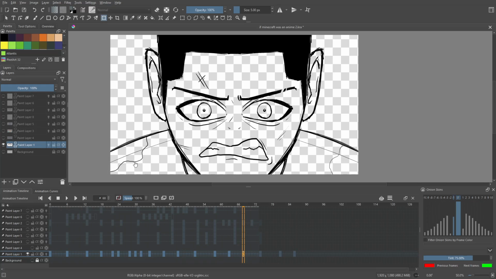Just do one thing at a time is what I'm trying to say. So don't try to do the eyes, the mouth, the ears, the shoulders, don't do everything at the same time. Do one thing and then go back through and then animate the eyes and then animate the mouth. So now I want you to only focus on the mouth. Only look at the mouth. Don't look at anything else other than the mouth, right?